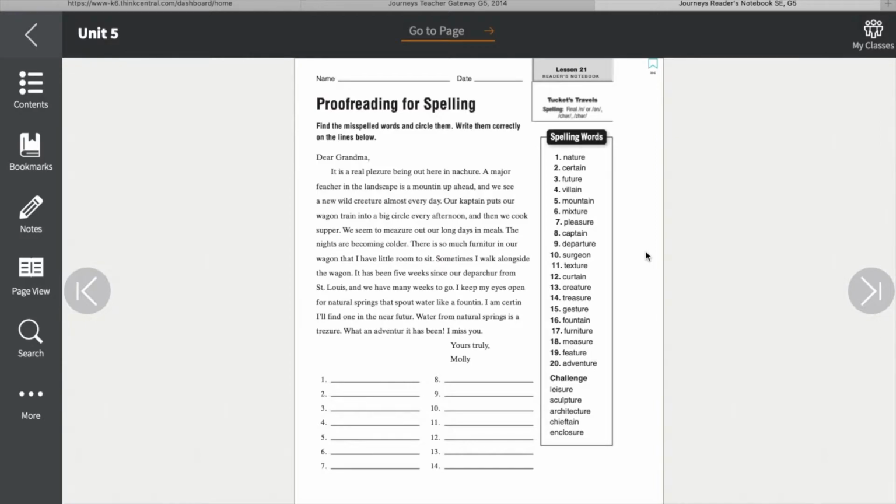You are going to proofread for spelling. So you are going to find the misspelled words and circle them and write them on the lines below. Now, if you are completing this on Edmodo, it's going to look a little bit different. I'm going to present this as one sentence at a time, and you are going to tell me how to spell the misspelled word. I will be attaching this scanned copy as a link that you can click onto for